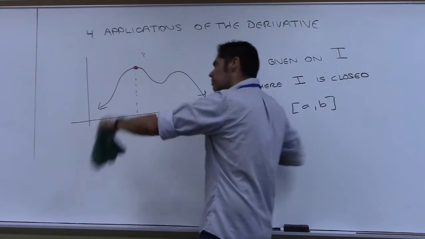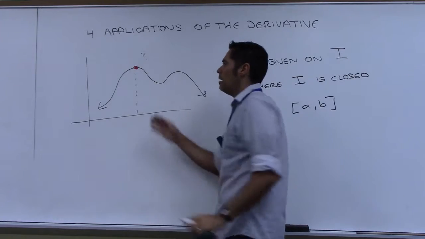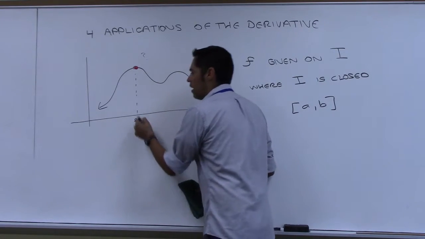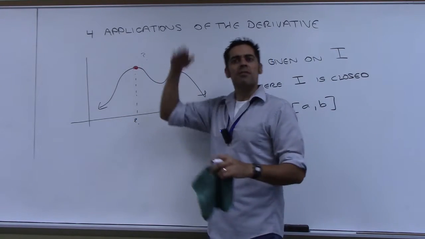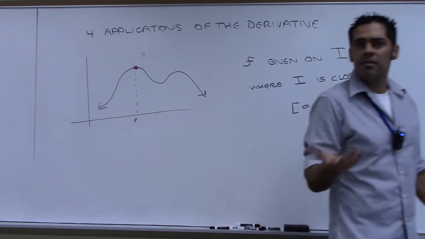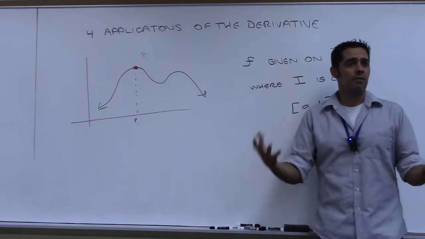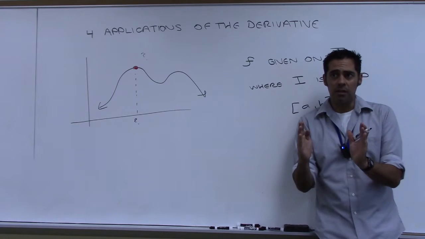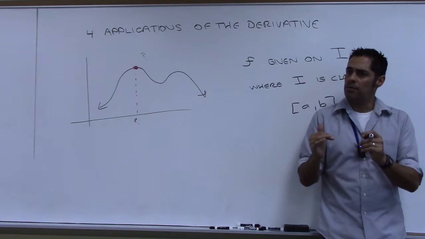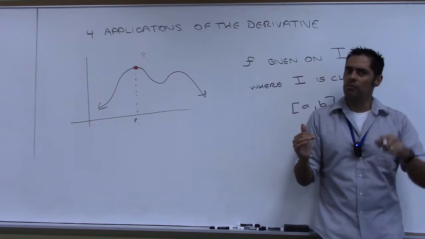Can we figure out where this is occurring? Well, these are going to negative infinity, but could we figure out the x value that turns out to give us that highest value, right? That's the main thing. So those are the two main themes. Somebody gives you a function. If it's on a closed interval, can we find the highest and lowest points if it's a nice, smooth function?